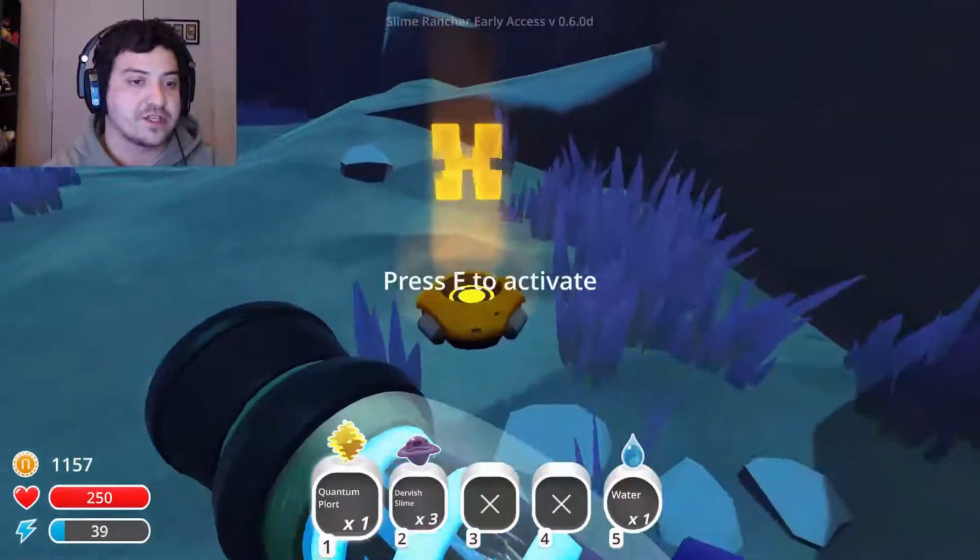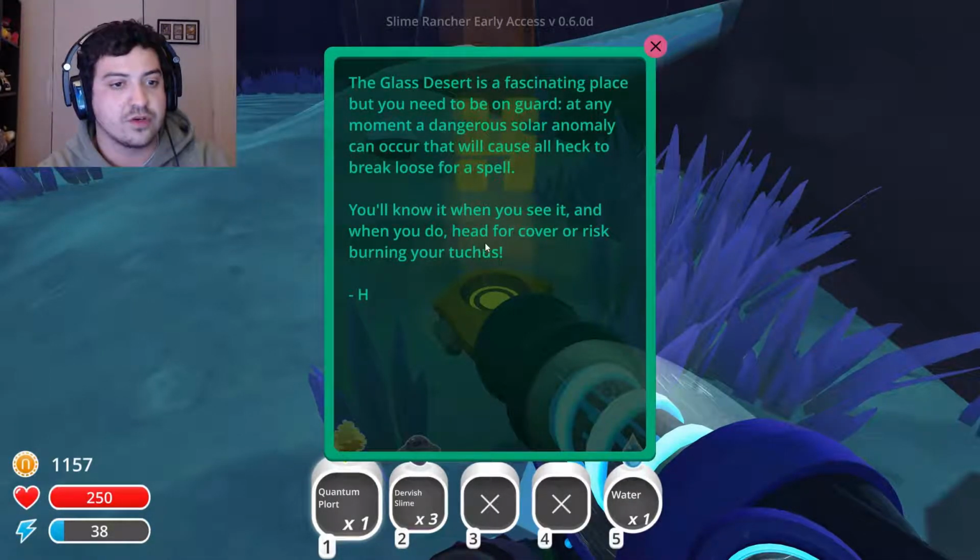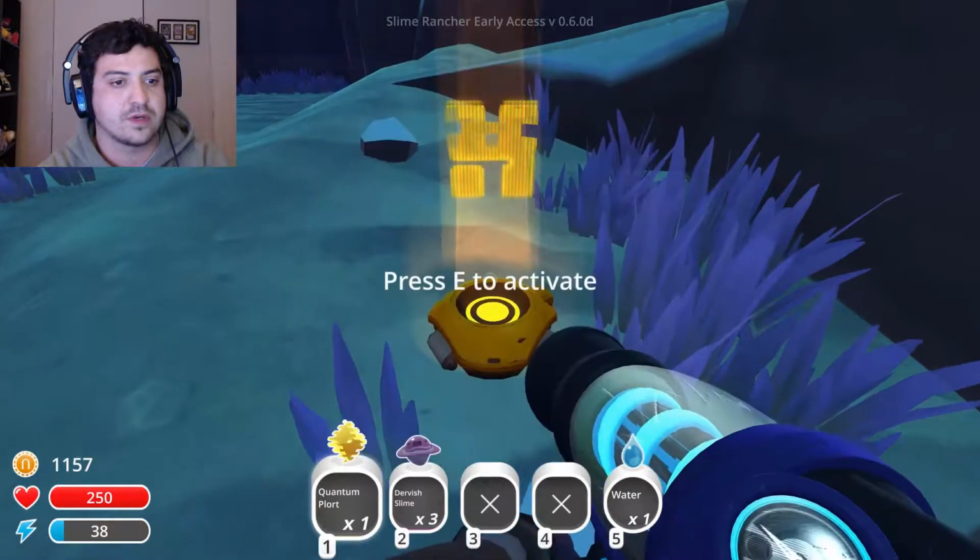Another message from H. The glass desert is a fascinating place, but you need to be on your guard. At any moment, a dangerous solar anomaly can occur that will cause all heck to break loose for a spell. You know it when you see it, and when you do, head to cover and the risk of burning your...